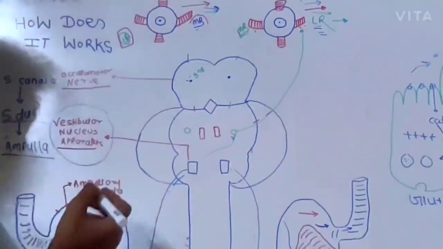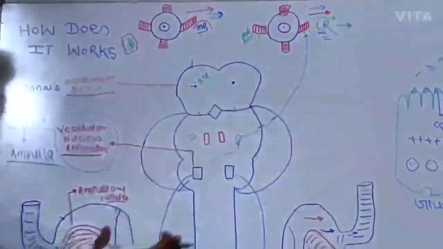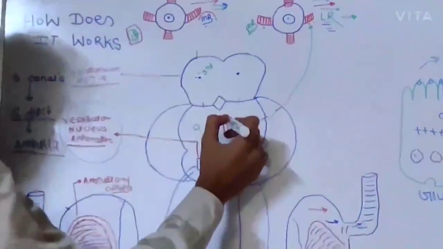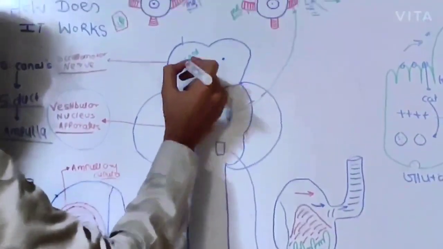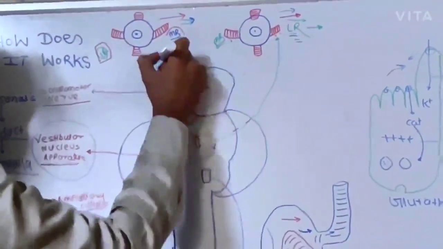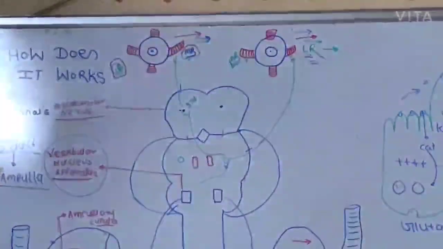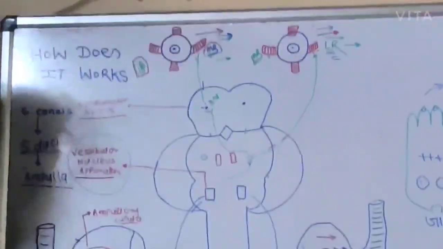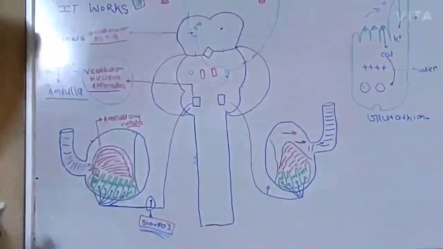So that was the impact of this movement on the left eye. Now we will consider the impact on the other eye. The interneuron from the sixth root will move to the third root, that is the oculomotor nerve, which is going to innervate the medial rectus muscle, and this medial rectus muscle will be stimulated and there will be movement towards the left side. So this is all about the movement in the right ear.